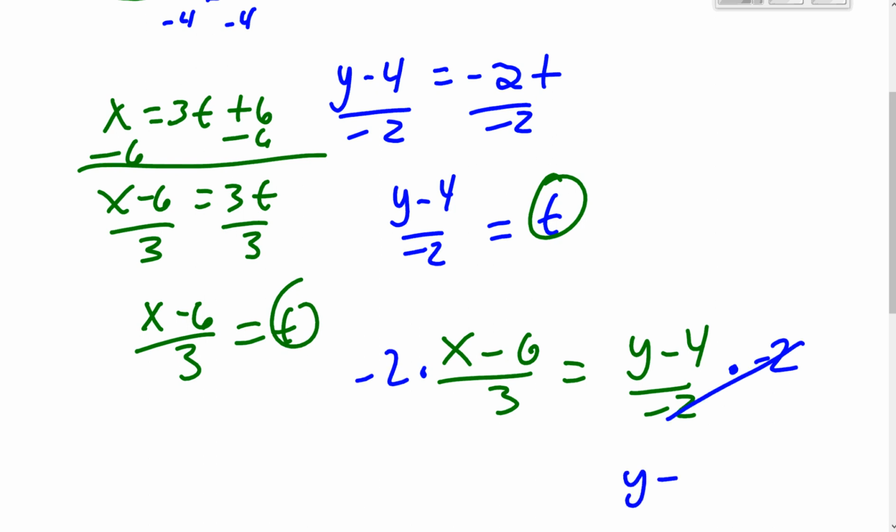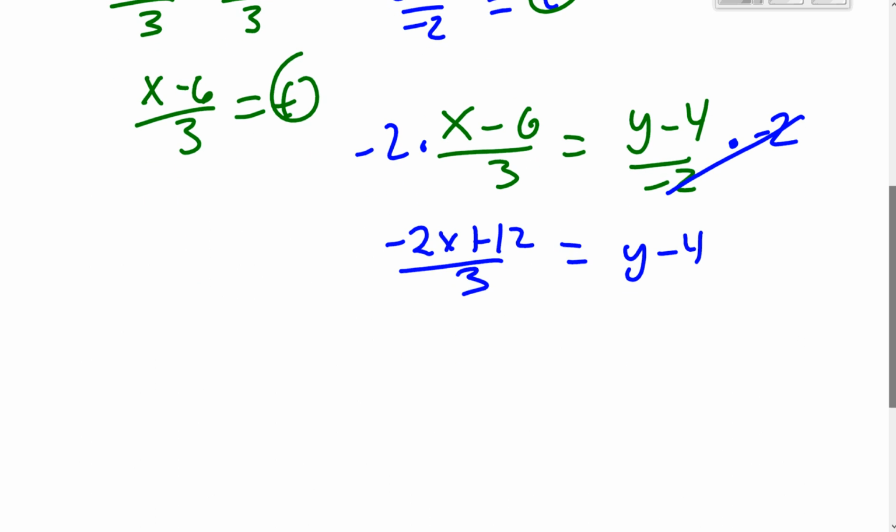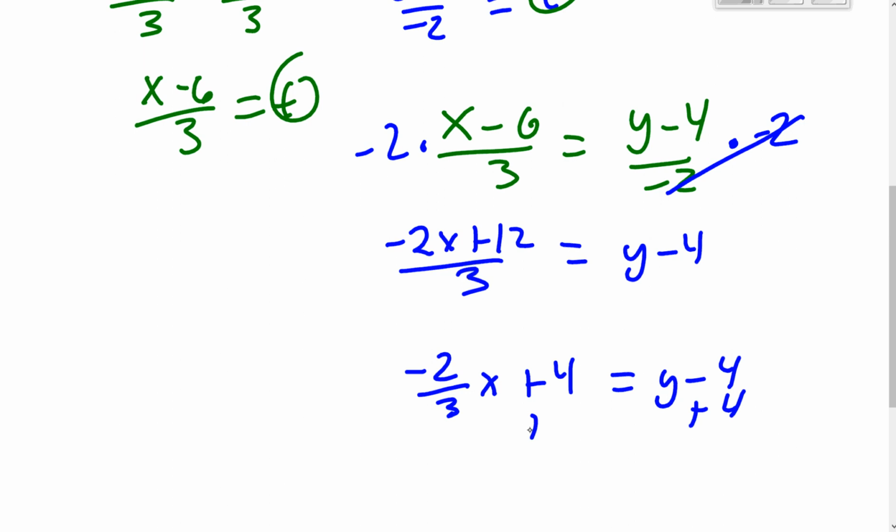So those are going to cancel. You get y minus 4 over here. Distribute the negative 2: negative 2x plus 12, all over 3. Then we can leave it like that, or we can simplify to negative 2/3 x plus 4, because then it looks like an equation that we could graph, right? Plus 4 equals y minus 4. Add 4, add 4, and so we have